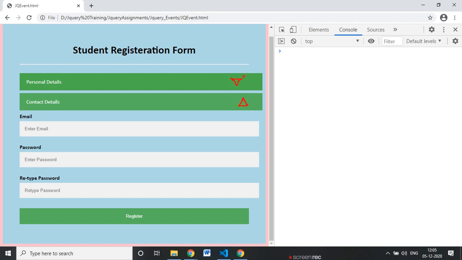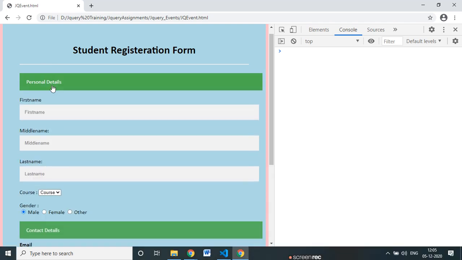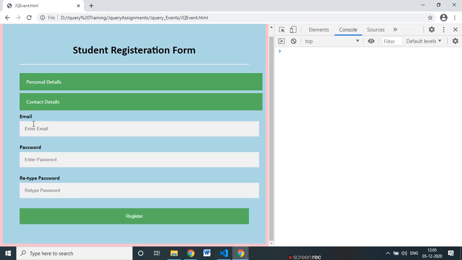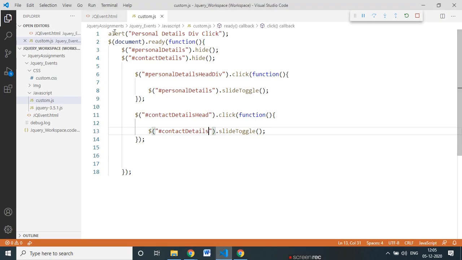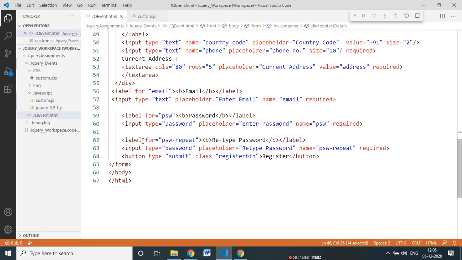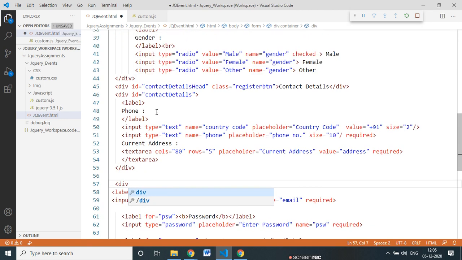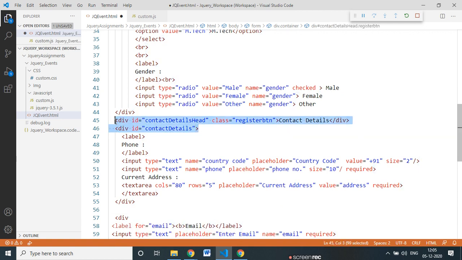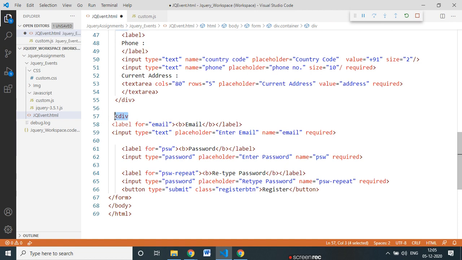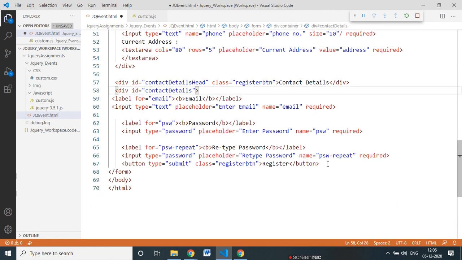So in today's assignment you need to apply these buttons here. After that, once you click, see what I do, I will hide this email ID and password. So I create it as a credential details section. Here I put a div, I copy these details as it is, and change as per required, and one more div here.